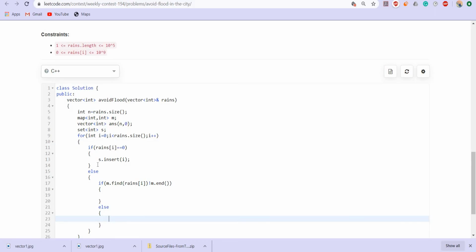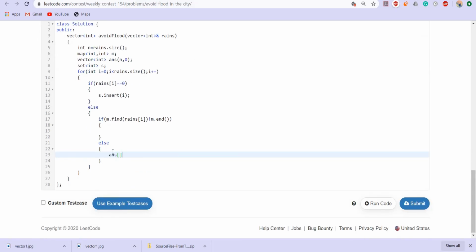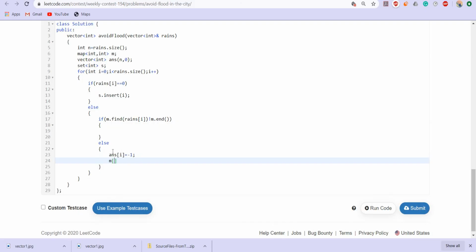If it is not present inside our map, then answer of that I will be -1, and now we are going to store this inside our map with the corresponding day on which it is getting filled, so that we can further use it. Now if it is already filled, we will try to see if,